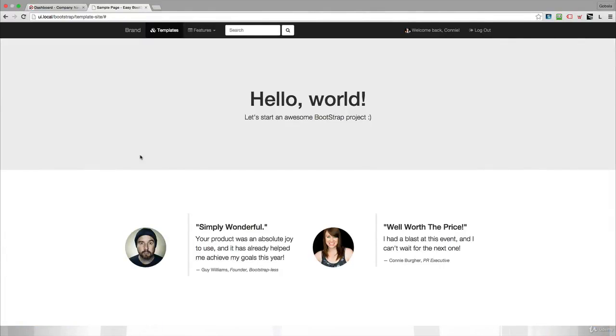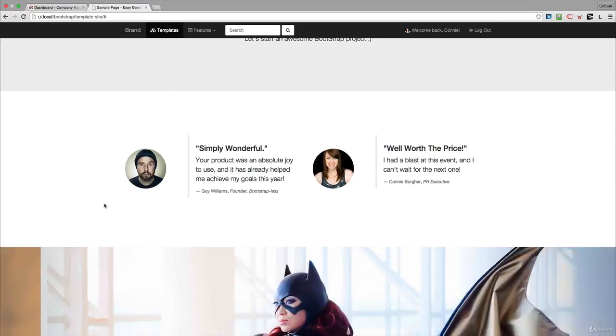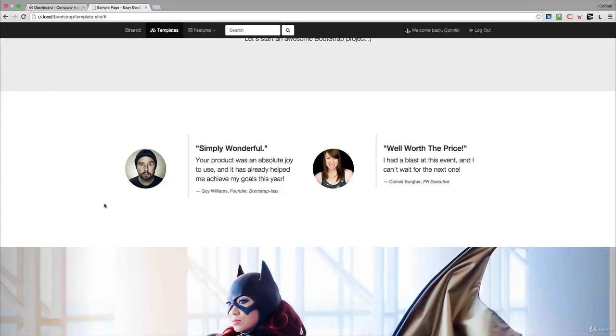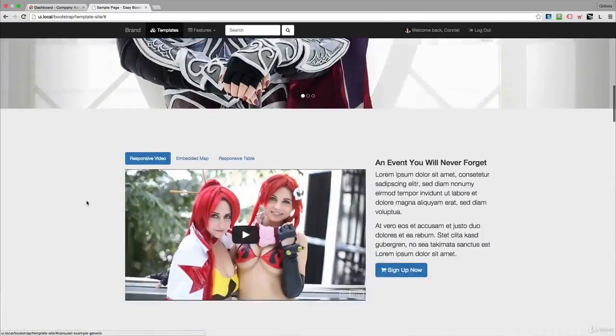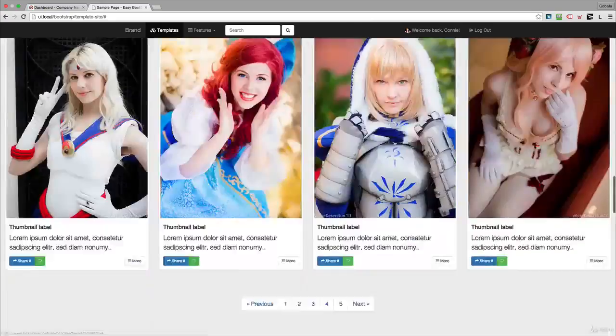In this lesson, we're going to create panels. Now, panels are a very useful element in Bootstrap that allows you to separate content into small little widgets, so that once it's in the panel, it's very easy to move that content around. Now, in the template that I've given you, there are examples of panels. Okay, for example,